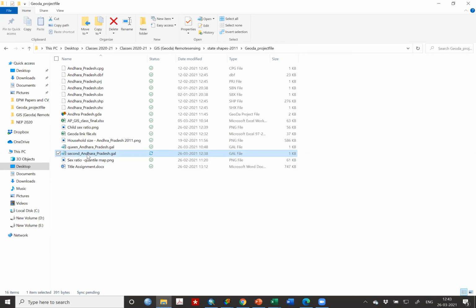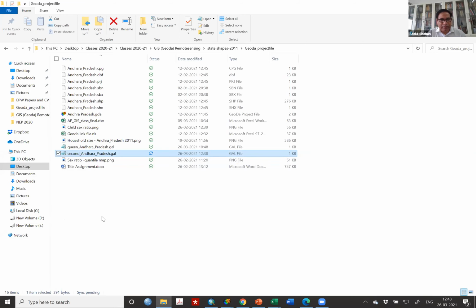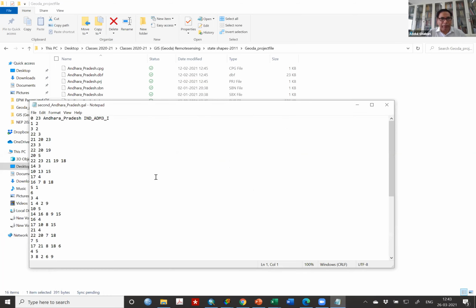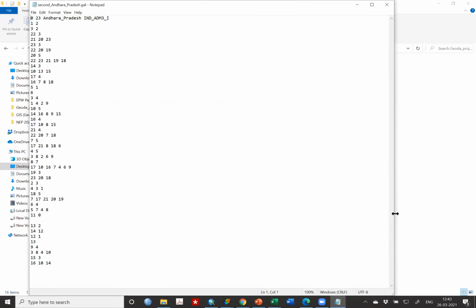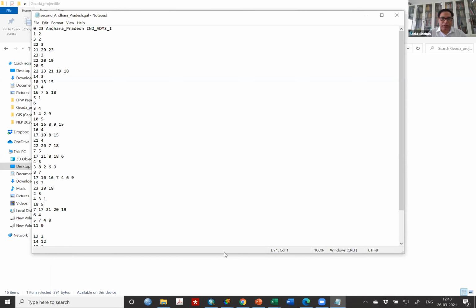Now you press open. All of you can right click on it and say open with notepad. If you open with notepad, it will open like this. You got it? Look, your whole matrix is reduced to this.